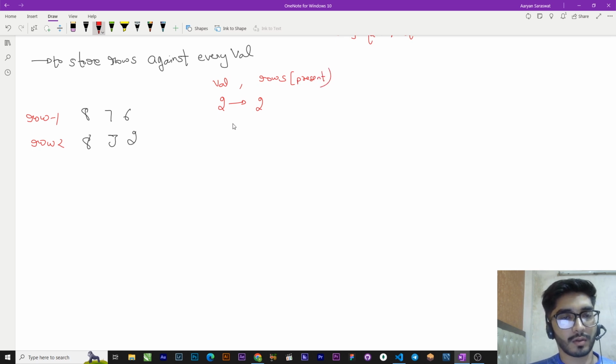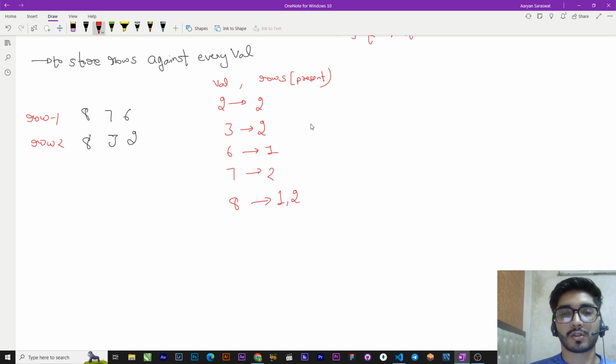So 3 is only present in the second row, 4 is not present, 5 is not present, 6 is present in row 1, 7 is present in row 2, 8 is present in the first and second both. So now if we look into our state, our dp of value comma mask, so basically from the mask we get to know whether we had taken any row. So this mask will give us the information whether